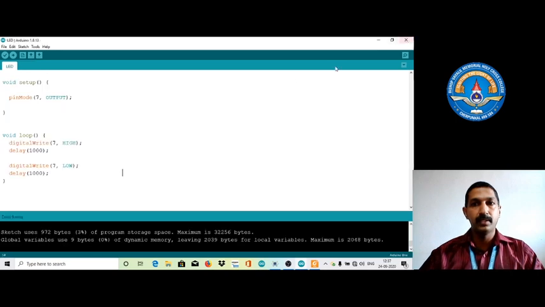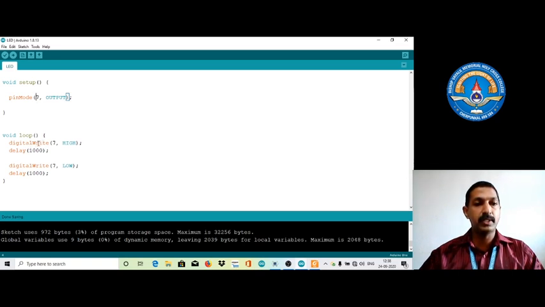For example, if we are doing this with an LED, we need to do two things. First of all, we need to set the pin mode. Here pin number 7 is set as output. Inside the loop, we are creating two commands, the digital write command and the delay command.